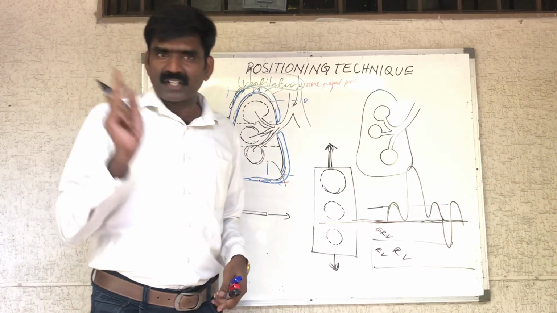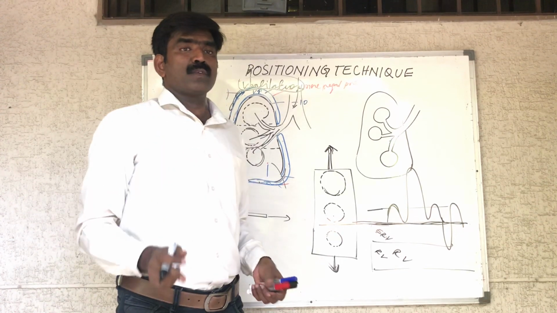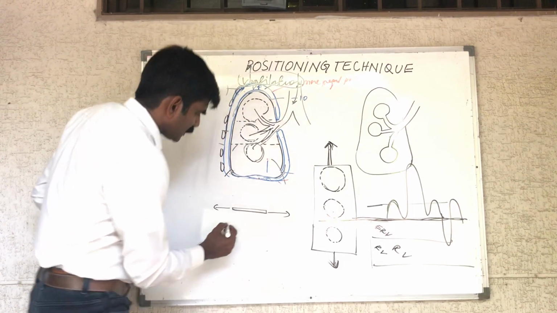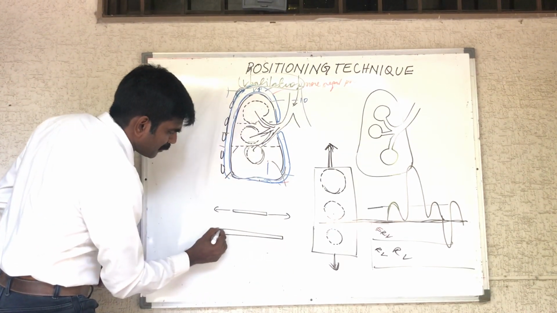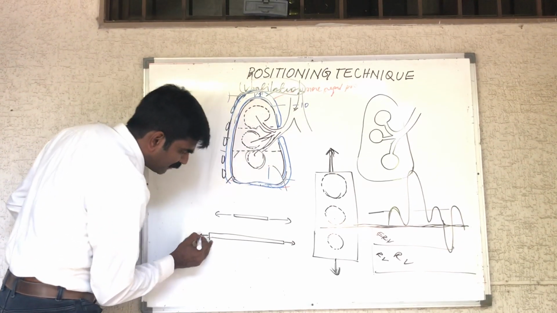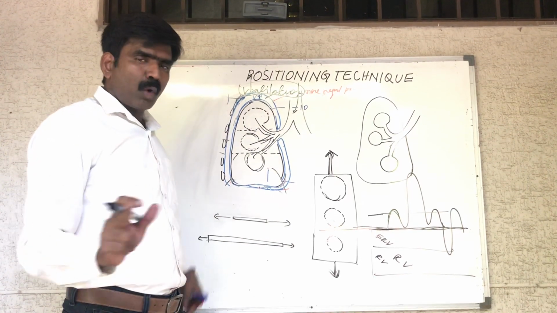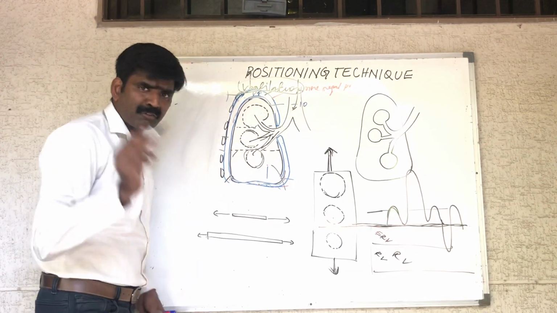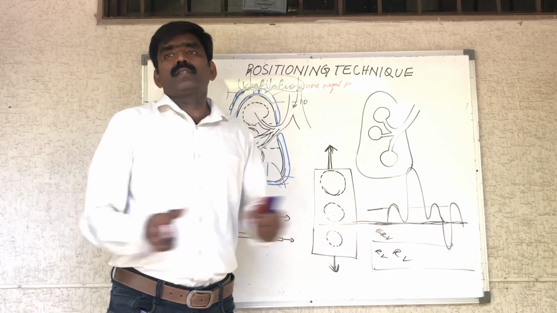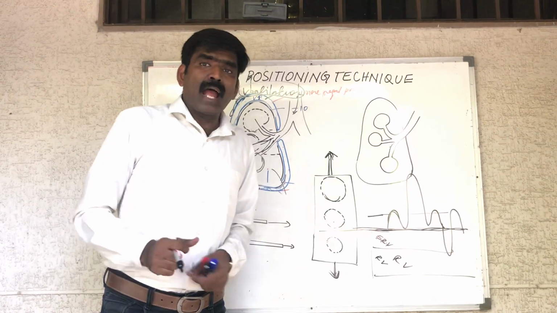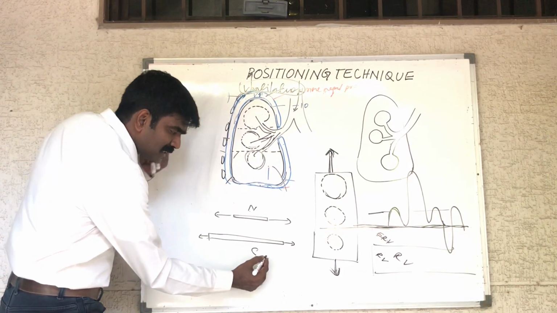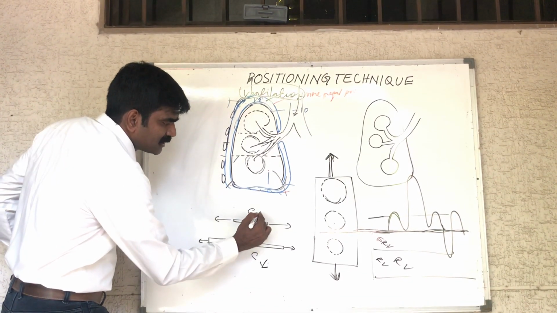It is easy to stretch the lung from neutral position, and it is difficult to stretch the same rubber in stretched position. Suppose one rubber band is stretched, and the same rubber band is stretched here. Already it is stretched, and now it will be difficult for you to stretch further. So what does it mean? The compliance of the rubber in neutral position is high. It is easy to expand the rubber from neutral position, and difficult to expand the same rubber in stretched position. So here the compliance is less and here the compliance is more.